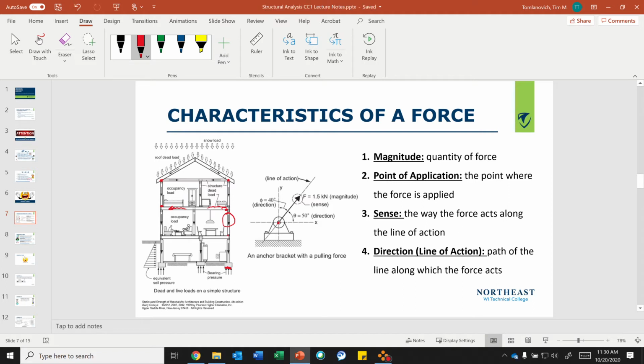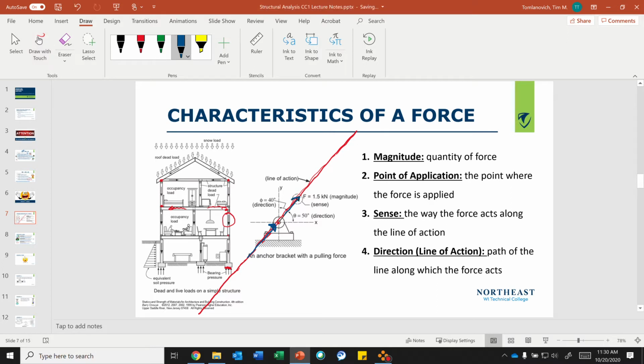All right, let's go to the line of action. The path of the line of action is the line along which the force acts. So here is my line of action. If I look at this right here, my line of action can extend infinitely in the same direction, at the same angle from the x-axis, infinitely in both directions. So no matter how I look at it, if I look right here,